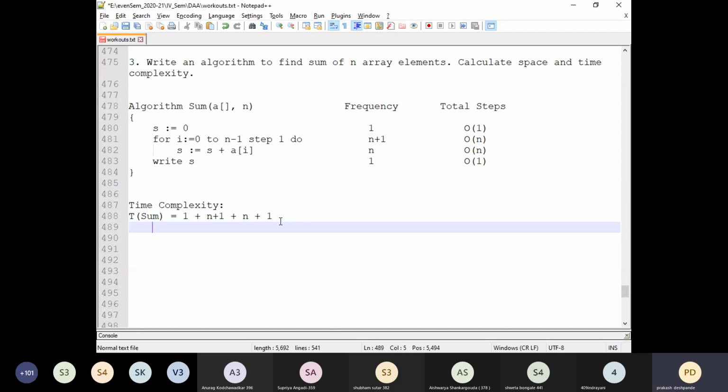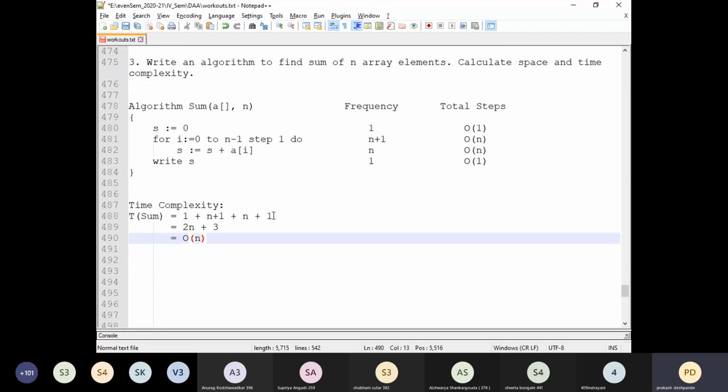Now calculate the sum. There are two n's, so it is 2n plus the constants: 1, 2, 3, that is 3. So 2n plus 3 is the time complexity of this particular algorithm. If we represent it in big O notation, it is big O of n. Is this calculation understood, students?